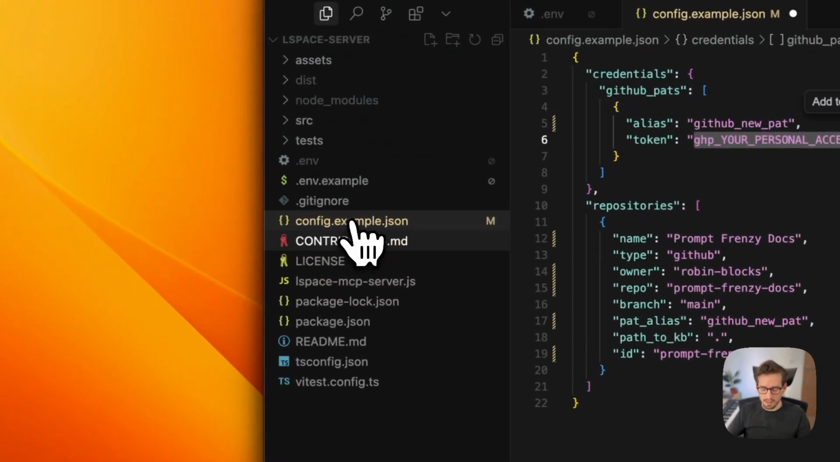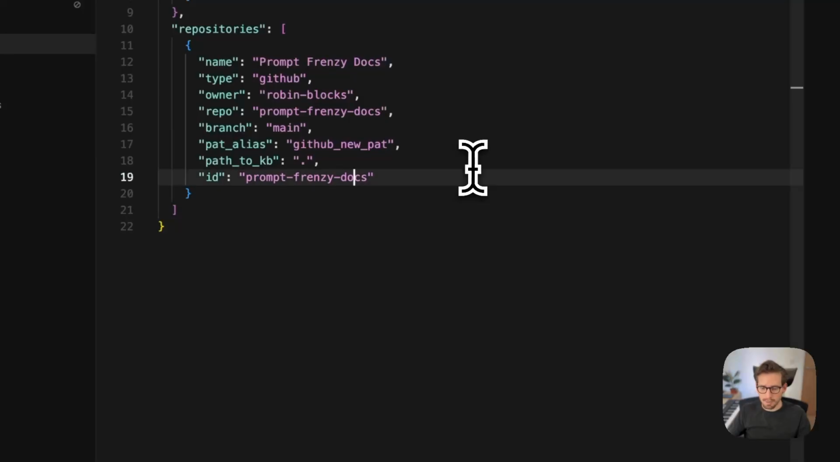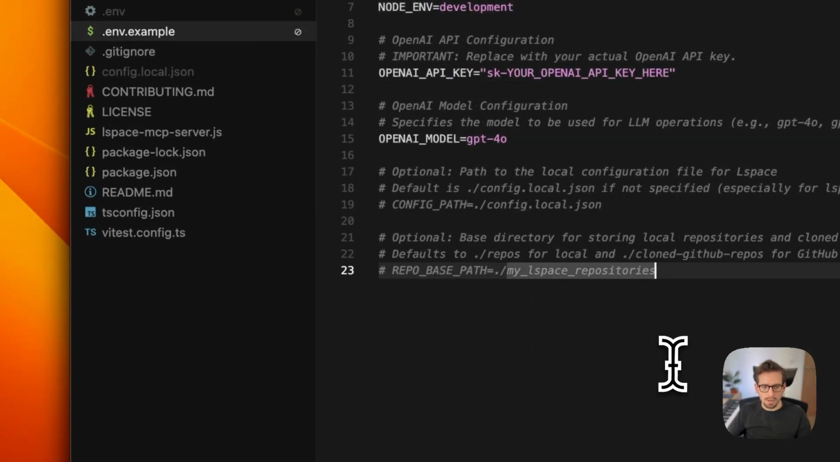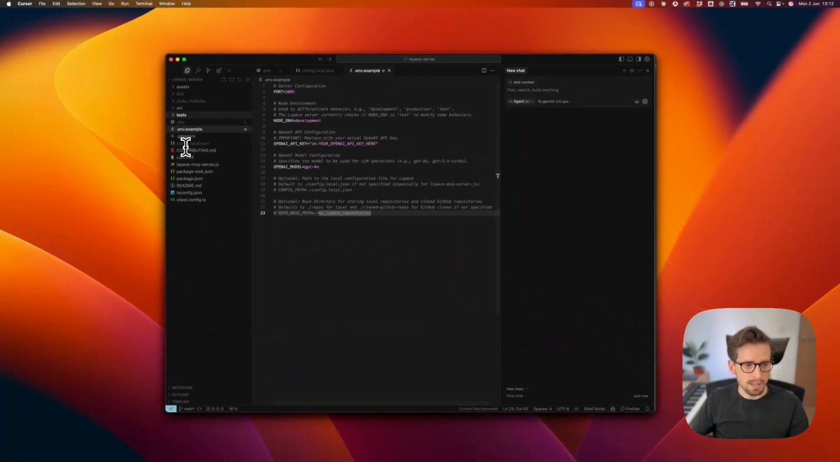Sorry, one last thing, change this to config.local, so it's clear that it's not an example anymore. Okay, and once you've done that, we should have a .env and a config.local.json file in your Lspace folder. The next step is to configure